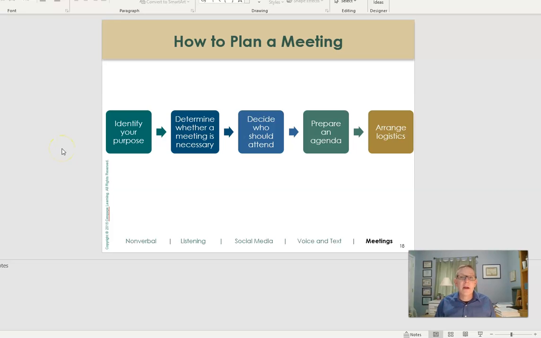Now let's talk about how to plan a meeting, and then we'll talk about how to attend or run a meeting if you're in charge of it. Your textbook lays out a flow chart on how to plan a meeting, and the first step is to identify your purpose. What is it you're trying to accomplish? And do you actually need to hold a meeting to do this, which is step 2, determine whether a meeting